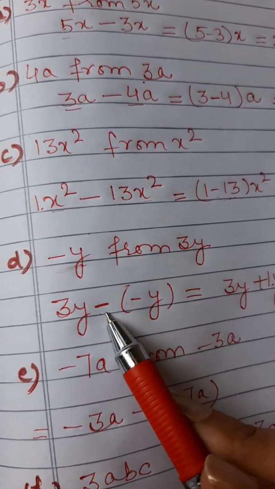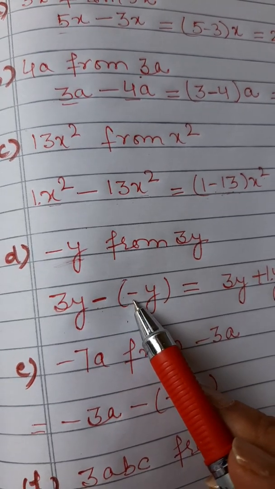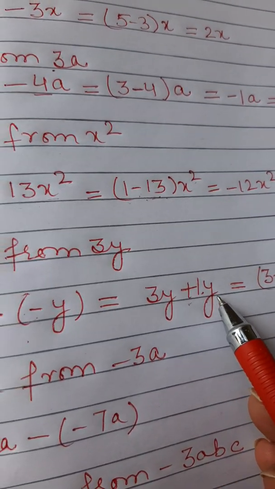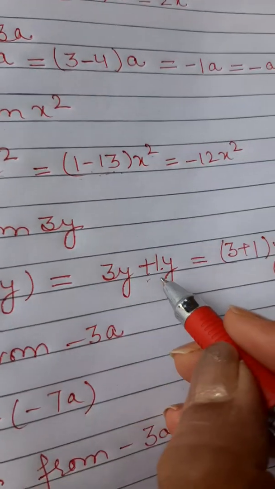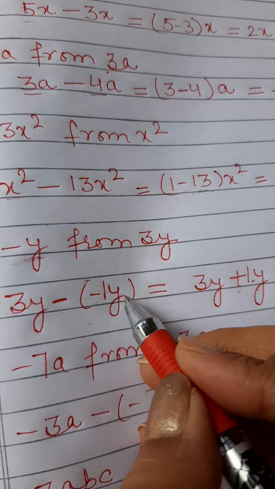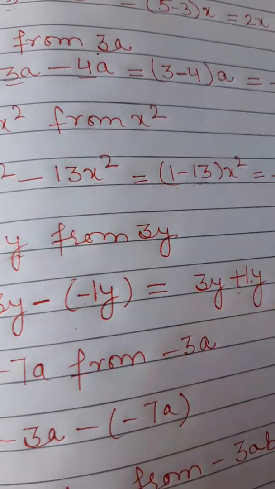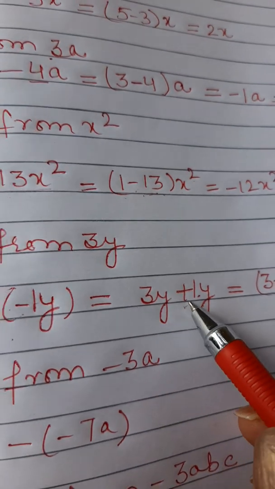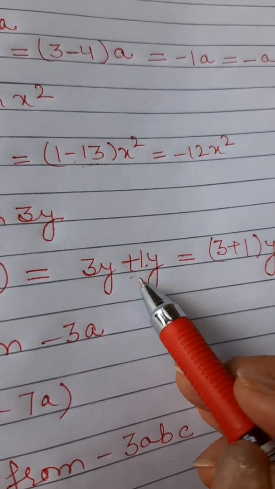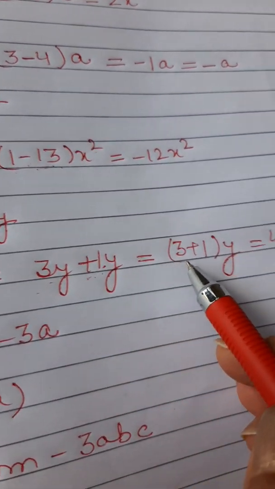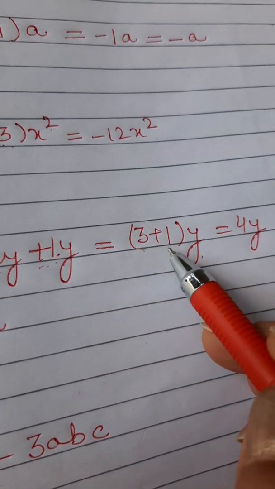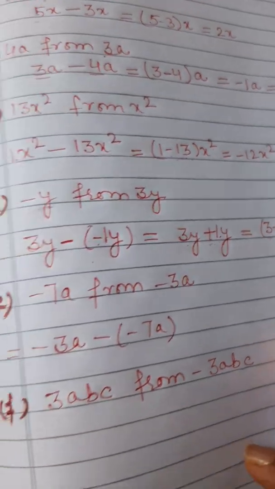Then because we know that minus minus is plus, whenever we multiply minus by minus, then it is equal to plus. So this is equal to 3y plus y. Why? Because I have taken 1 here, because its coefficient is 1. अगर किसी का कोफिशिएंट नहीं दिया होता है तो हम लोग उसका कोफिशिएंट क्या लेते हैं, 1 लेते हैं, दैट इज इक्वल्स टू 1. So this will become positive because minus minus is equal to plus. So 3y plus 1. Now add the numeral parts only, 3 plus 1, and the variable is y here. So 3 plus 1 is 4, it is equal to 4y.